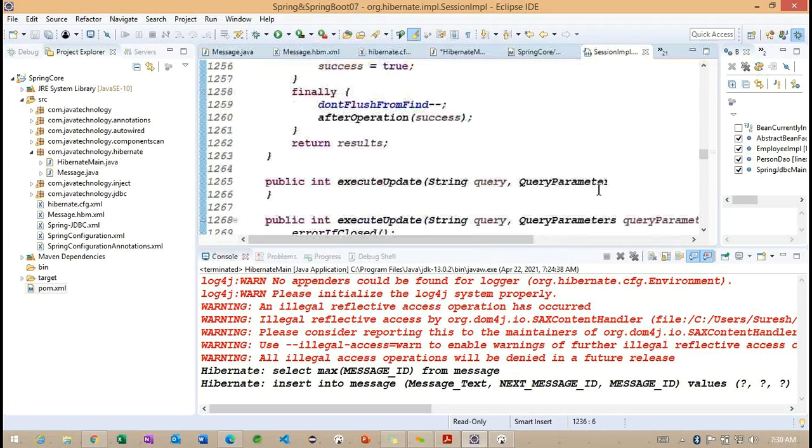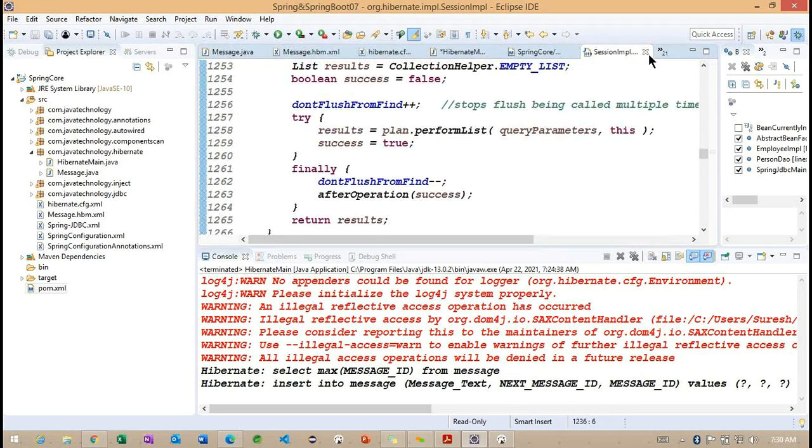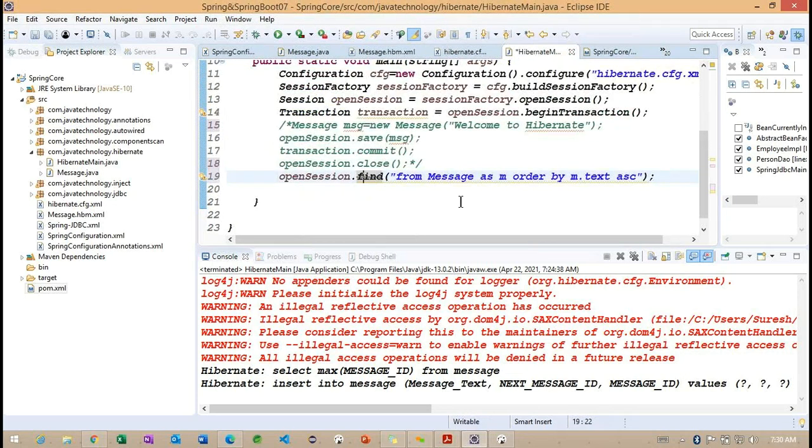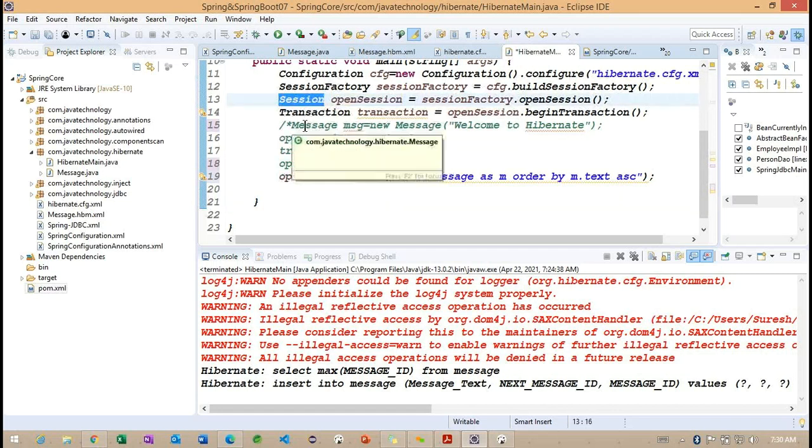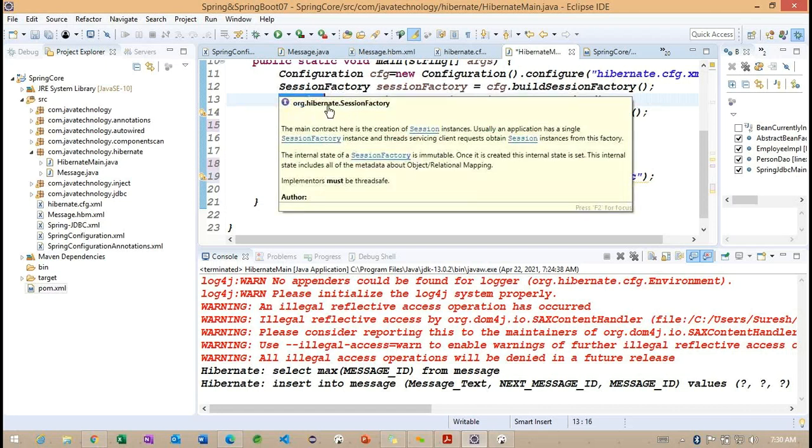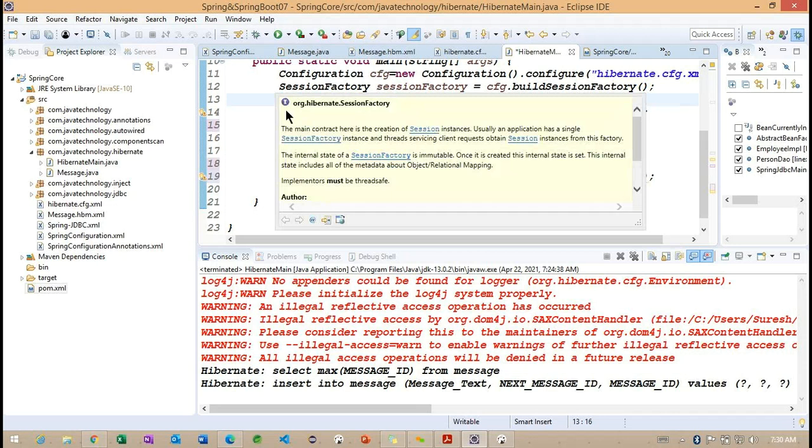Getting the point. So as of now, we don't have any information here. Okay, back to here. Here I want to provide one shortcut. Basically, Session is an interface here. You can see the icon provides information on whether it is an interface or a class. So an interface can contain the declared method information.